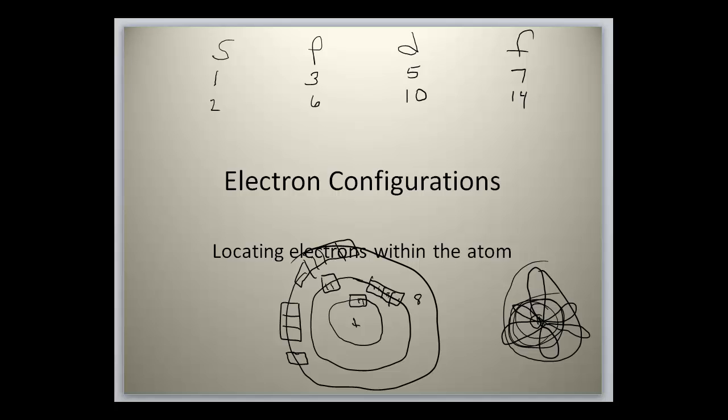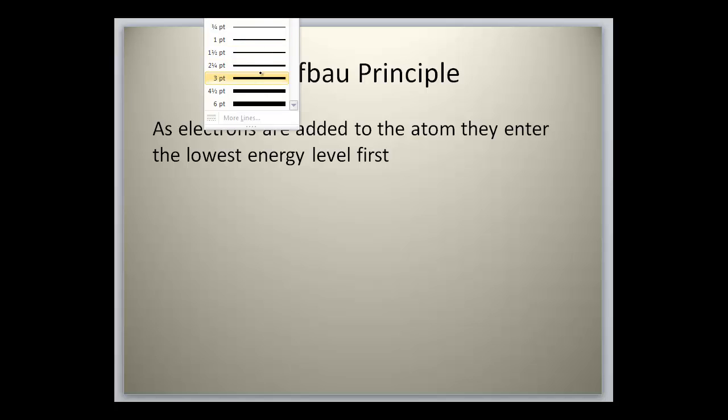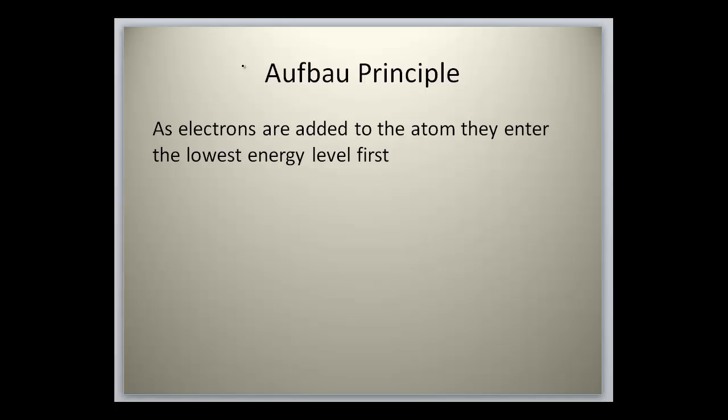Alright, so let's start doing what we call electron configurations. An electron configuration is a notation that tells you where each electron in the atom is placed. It's based on a few principles, and we're going to go through a couple of them right here. The first one we want to go over is called the Aufbau principle. The Aufbau principle basically says that as you add electrons to the atom, they always fill the lowest energy level